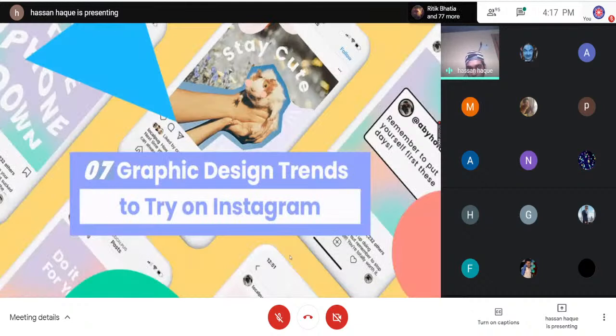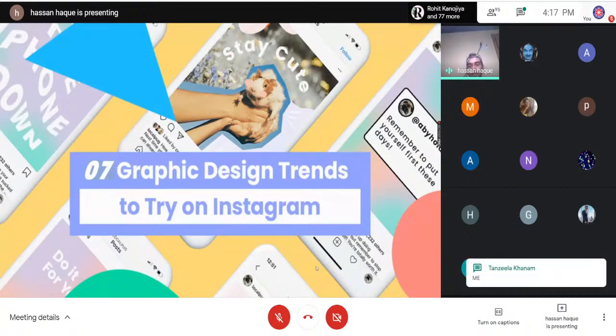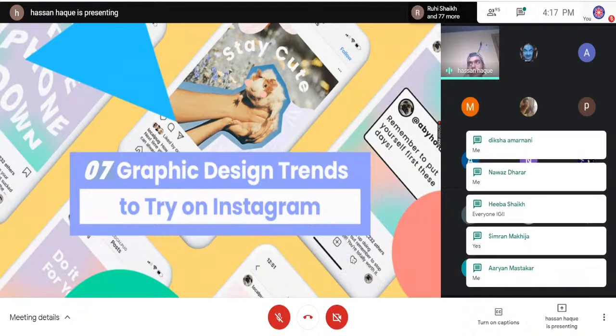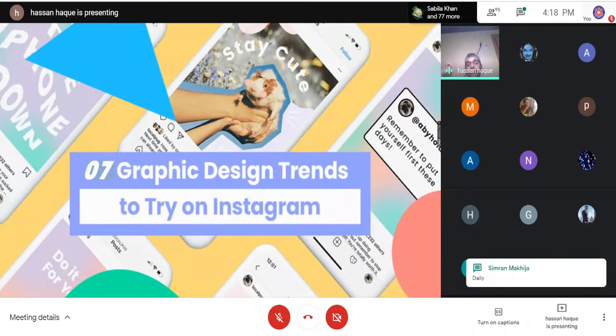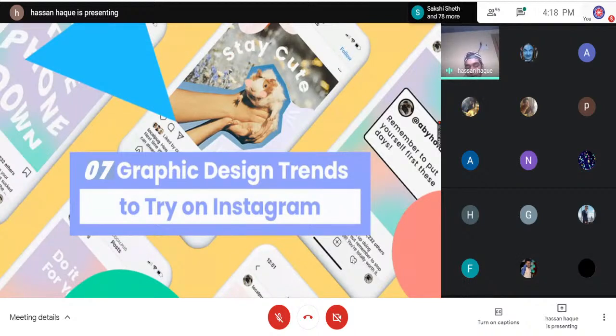The 7 Instagram trends. So how many of us are using Instagram on a daily basis? Or do you share daily posts or stories on Instagram, or do you just use it sometimes or once a month? But if you want to get followers, or you want people to hit that follow button on your profile, then these design tips will help you get followers, and also help you create a wall with an astonishing color scheme. So let's not waste time and first see the first rule, which is